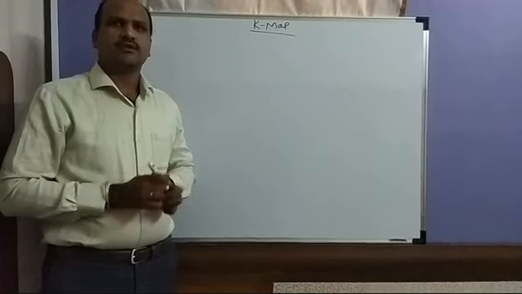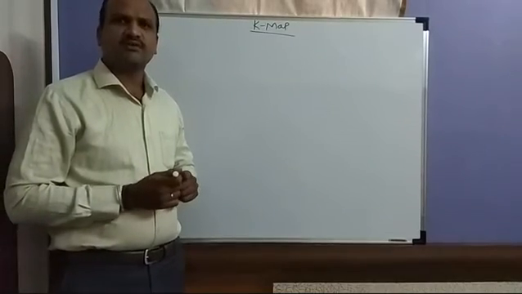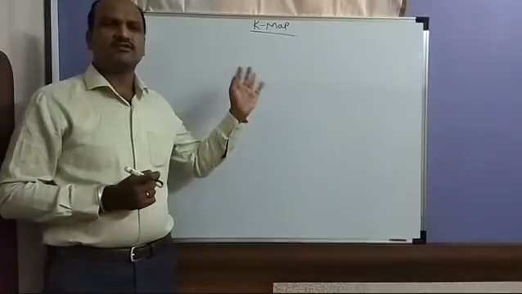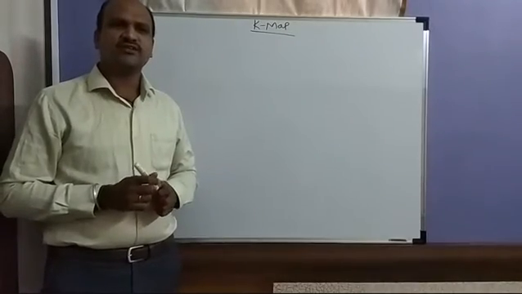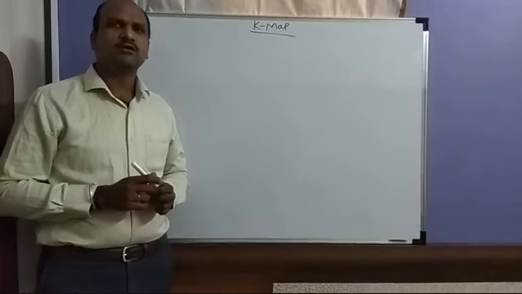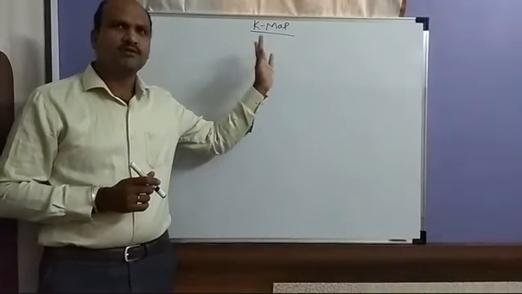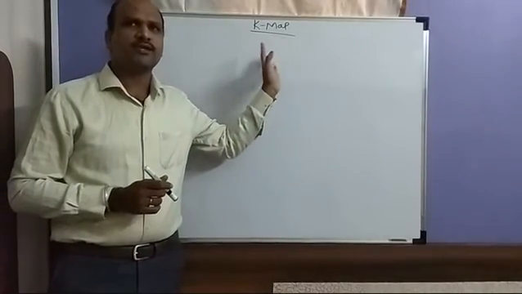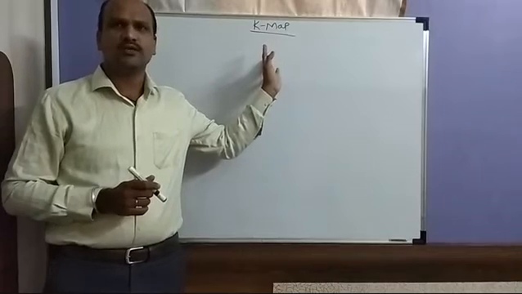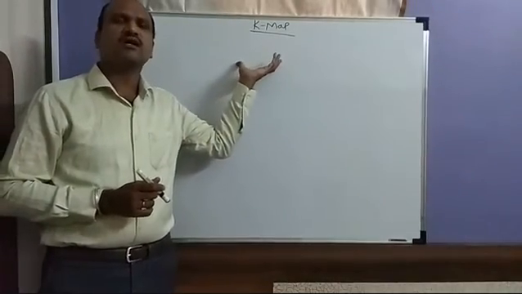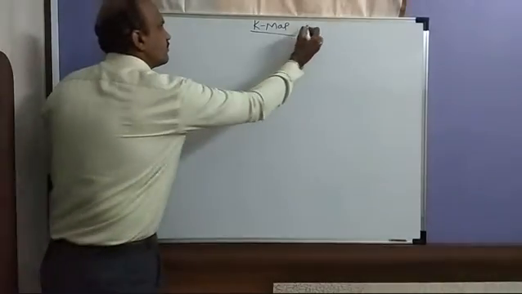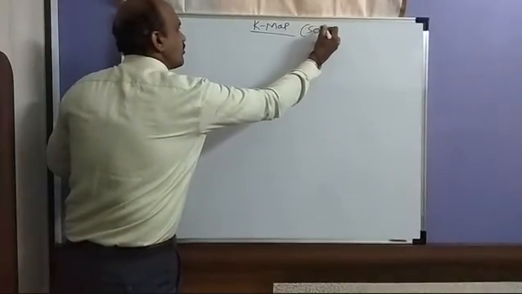Hello everyone. As we discussed in the previous class, the example for three variable K map. Now we're discussing the example for four variable K map. Very important. Okay. So four variable K map. As I told you, there are two ways: one is SOP and the other is POS. Now we'll discuss the SOP only. Four variable K map of SOP.